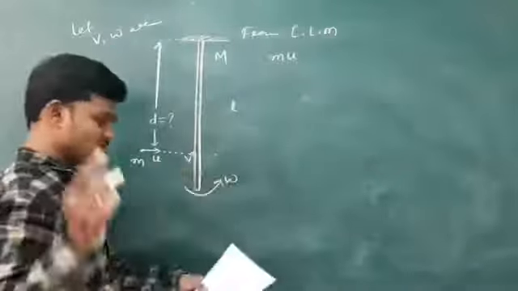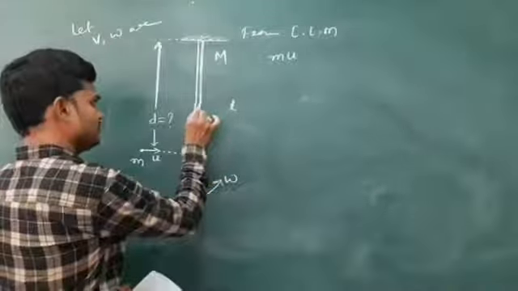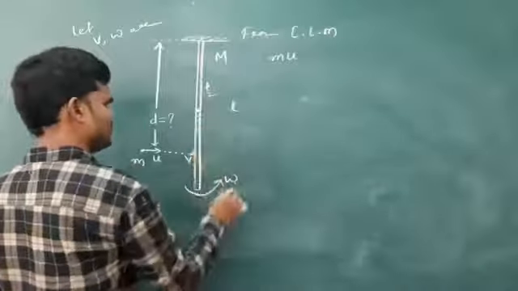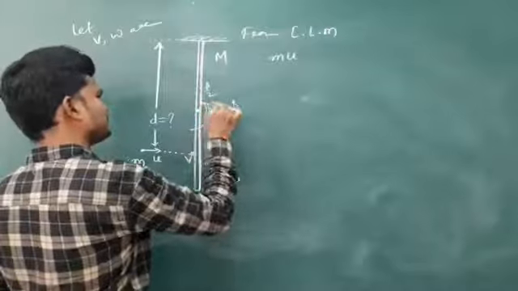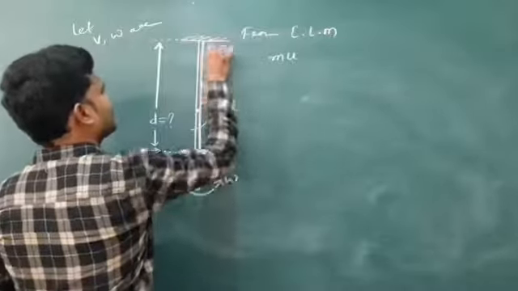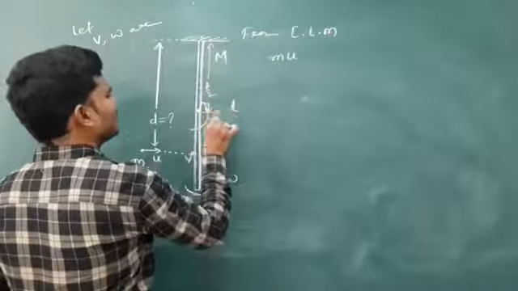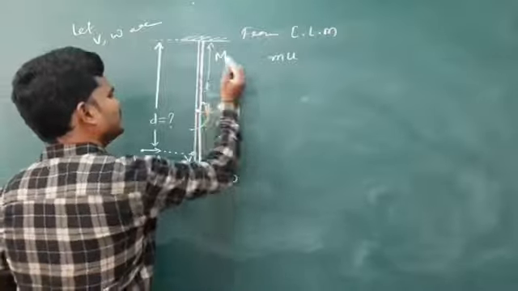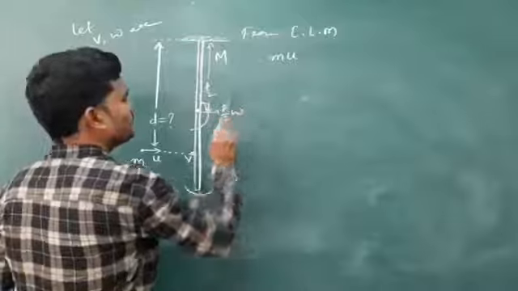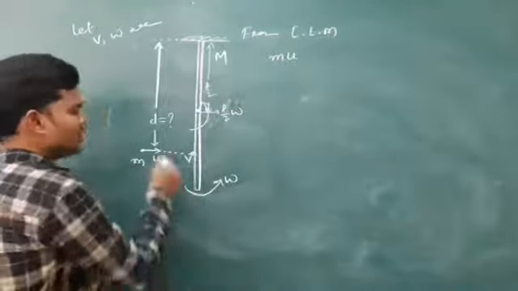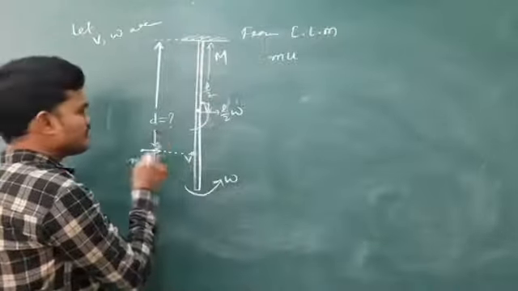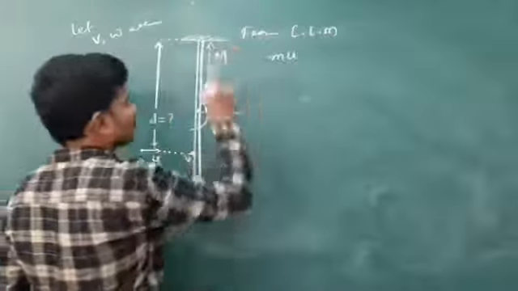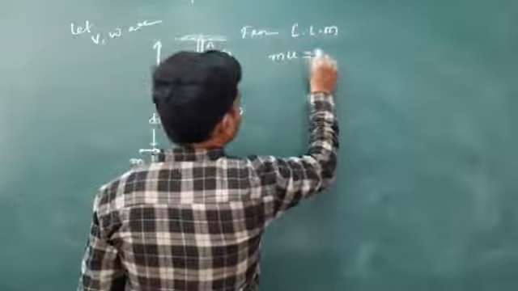After the collision, the rod will have a center which is at a distance L by 2, and if it rotates, this also rotates. So from here to here is L by 2, and the speed here is L by 2 omega, something v dash. So mu is the momentum of the ball before the collision, and before the collision the rod is at rest, so plus 0, no need to write plus 0.